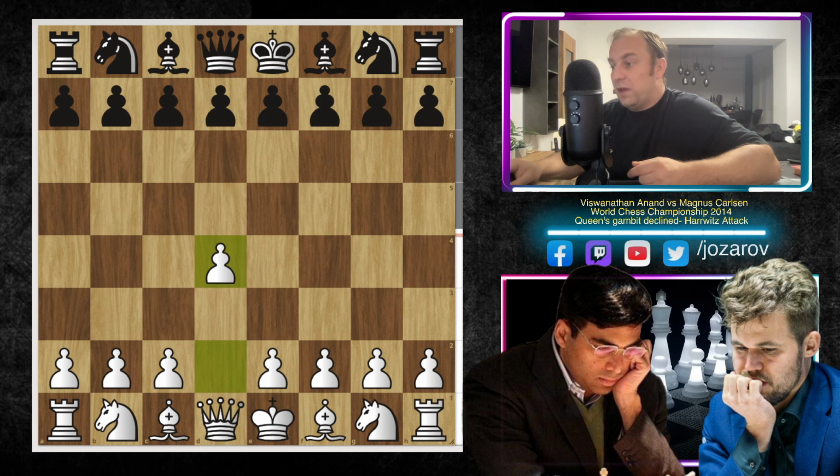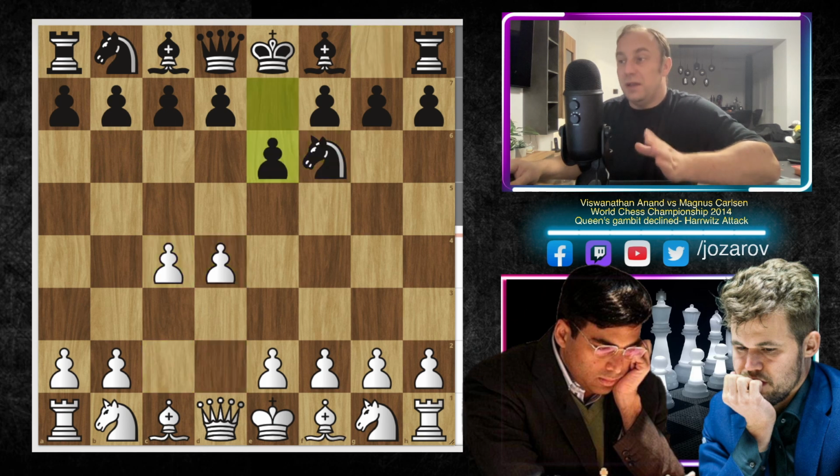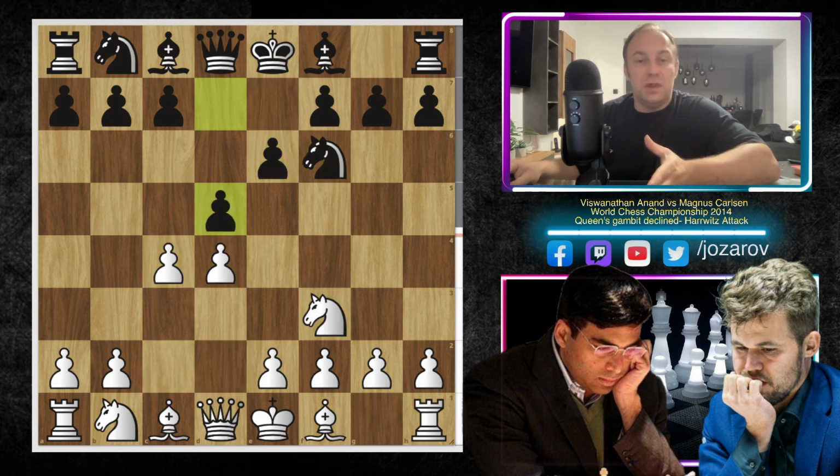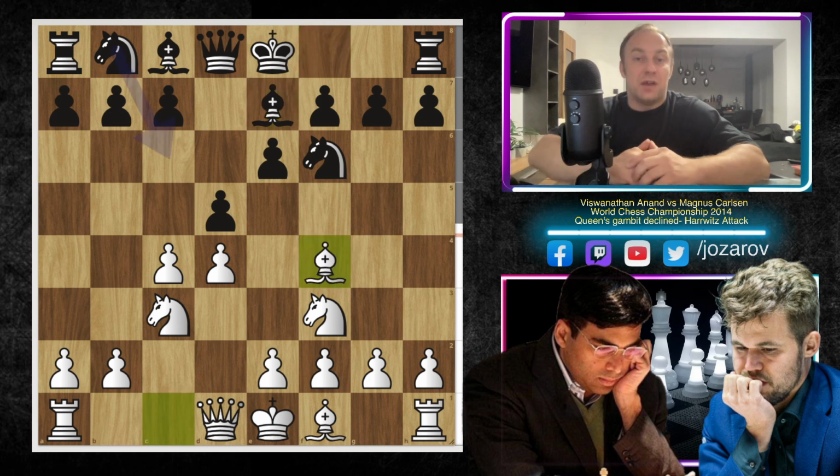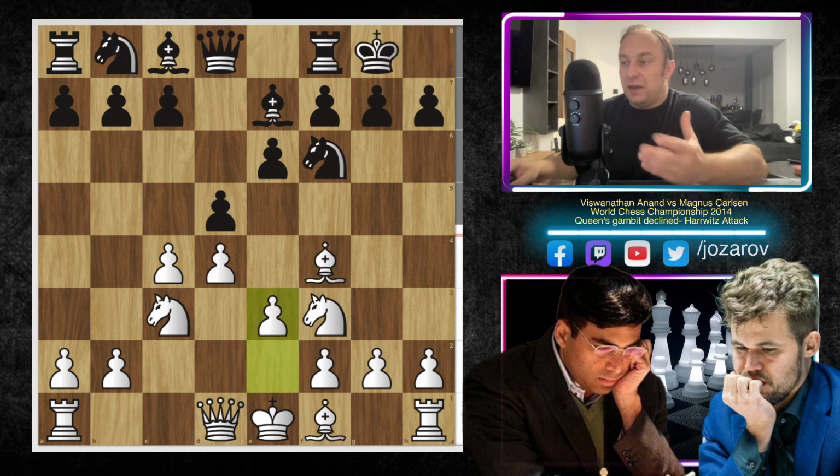So d4, we have knight to f6, c4, e6, knight to f3, and after move d5, the game transposed from the anti-Nimzo Indian system into the Queen's Gambit Decline setup. Here, knight to c3, we have now the three knights variation of the Queen's Gambit Decline. We have now the move bishop to e7, normal stuff, and now we have the actual Harrwitz Attack move, which is of course the move bishop to f4. And as I said, here after castling and e3, we have analyzed so far this continuation.